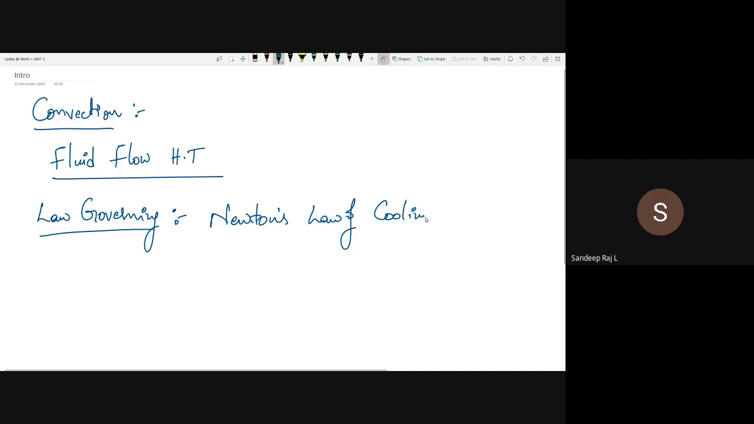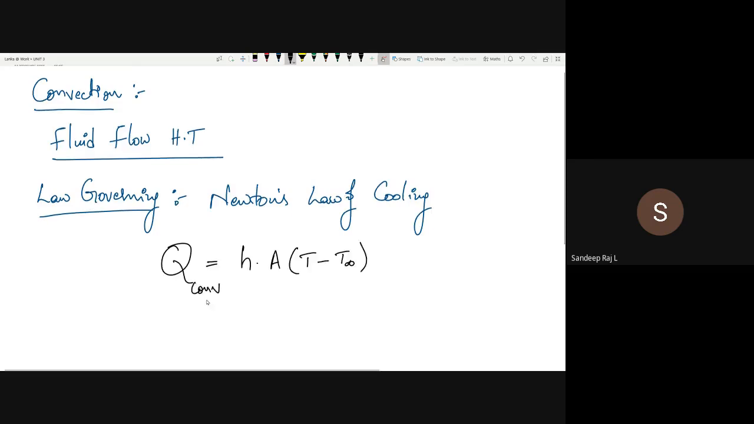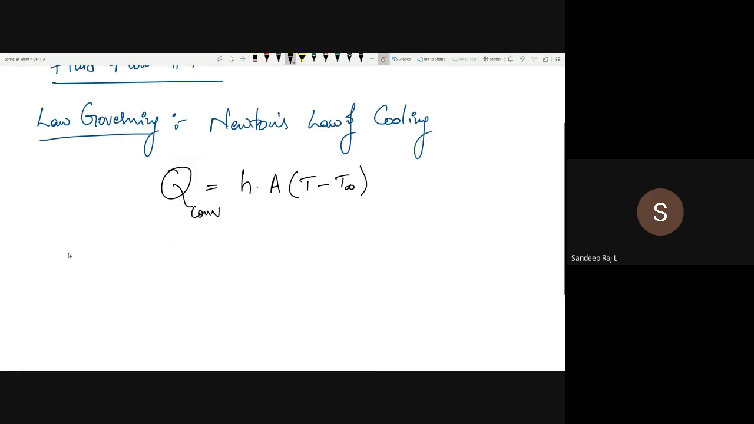So, what is the mathematical expression for this one? What is the mathematical expression for Newton's law of cooling? Somebody say it. Q is equal to h into A into (Ts minus T infinity). Q is equal to h into A into T minus T infinity. This is the mathematical expression, where Q convection is the heat transfer by convection,